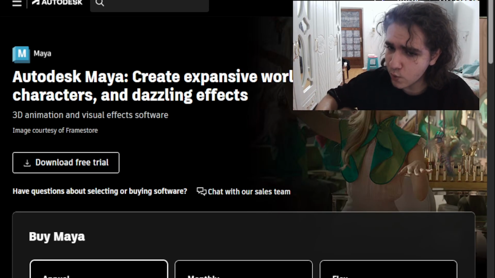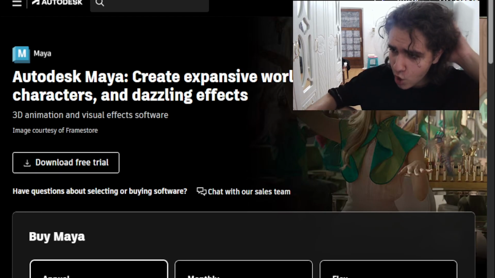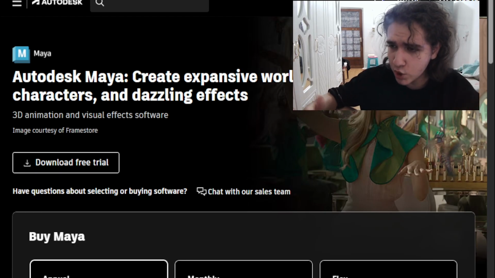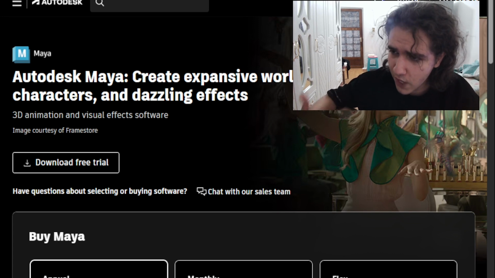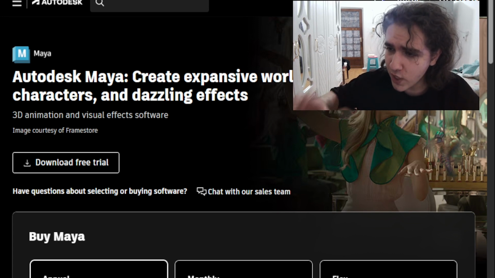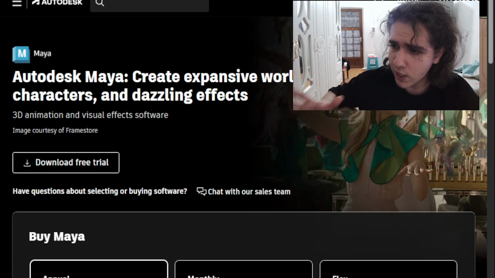So this is why bigger companies usually use Maya, because they definitely have the other software from Autodesk and are using, for example, Houdini for procedurally generating VFX and stuff like that, and have an integration with Unreal Engine directly. So that's why bigger companies, especially those working in Unreal, use Autodesk Maya.